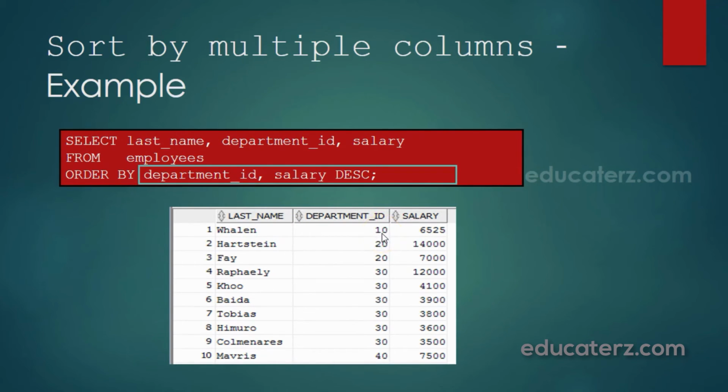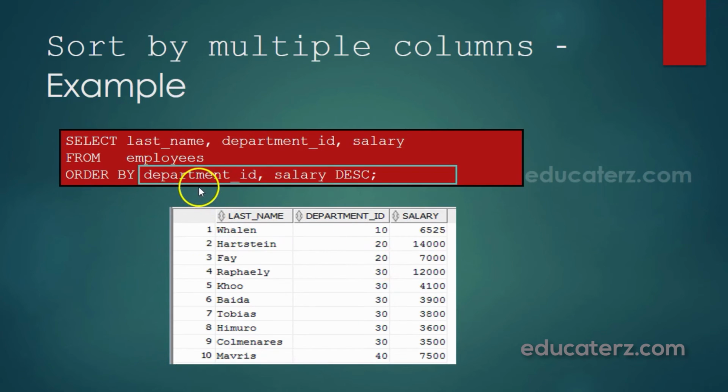In department ID 10, we have only one employee, Vallon. His salary is $6,525. And for department ID 20, we have two records, and the salary is sorted in descending order. First 14,000 for the second record, 7,000 for the third record.